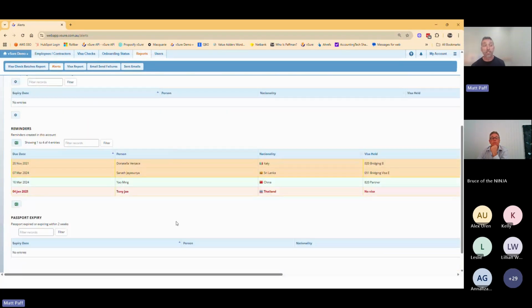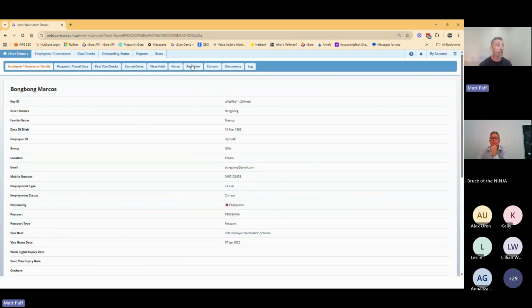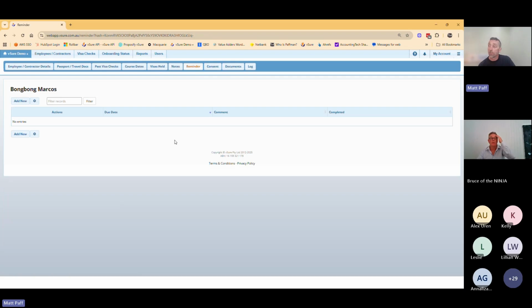If you use the system to set reminders, now I'll just show you against an employee in vSure, you can come in and set yourself a reminder. Now, why would you use reminders? An example could be this person is on a TSS visa and you want to help them with the pathway to permanent residency, and that is in 2 years from today. You could come in here and you could basically set a reminder for 2 years from today to instigate the